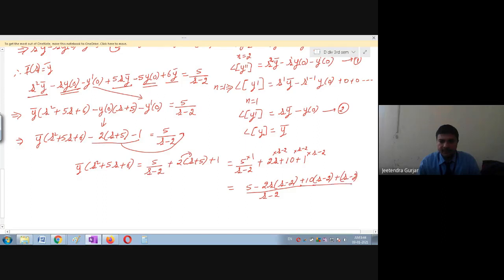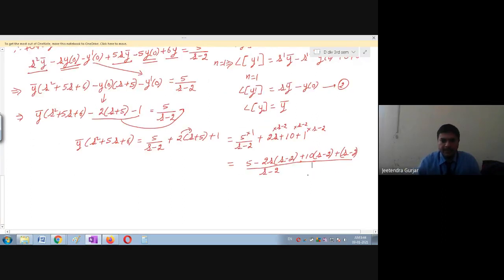So what I have done here, students, I have taken the LCM. Further, if you simplify, you can see this is 5 minus 2s into s will become 2s square. Minus into minus will become plus. This is 2 into 2 will become 4. This is 4s plus. Again, I will multiply this 10 inside this bracket, so it will become 10s minus 2 into 10 is 20 plus s minus 2